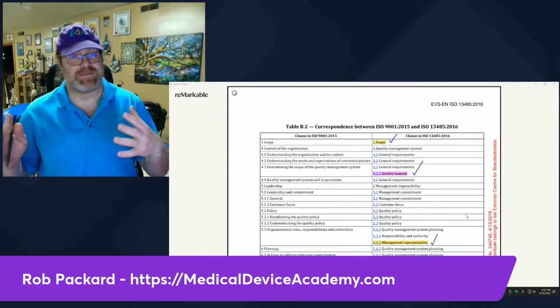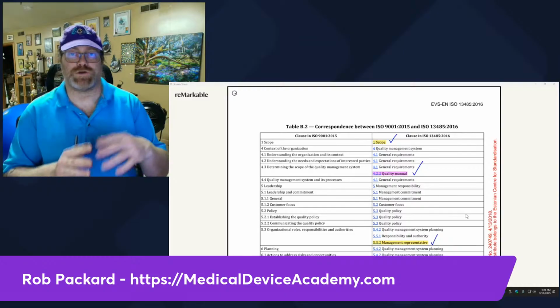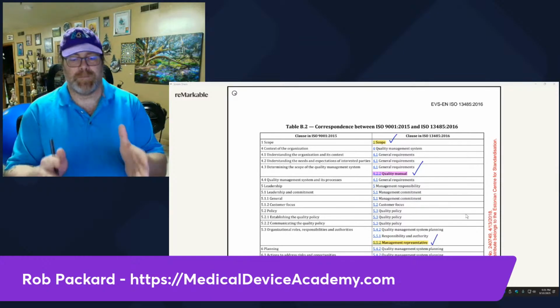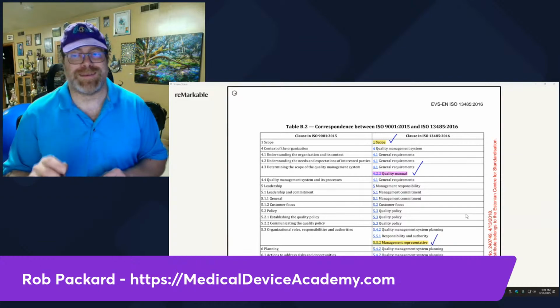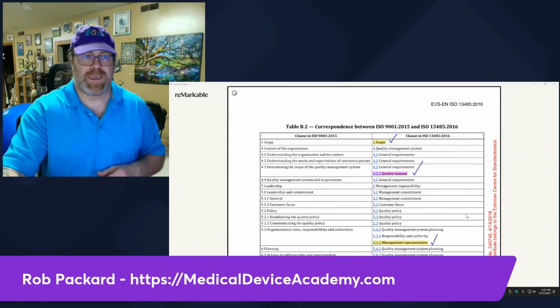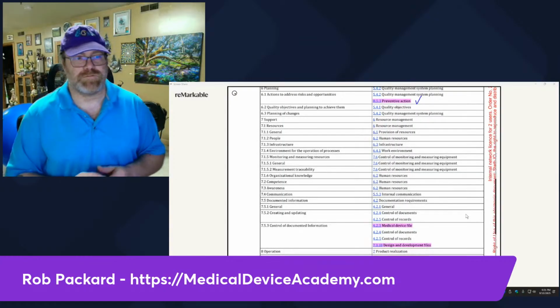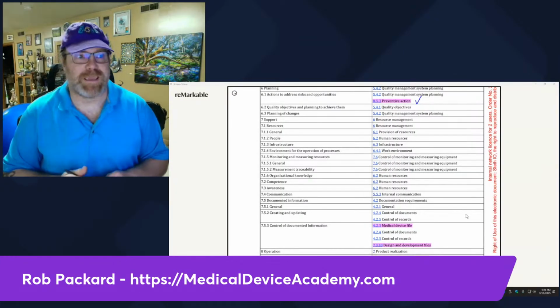It doesn't have to be a separate procedure for preventive actions. You could have corrective and preventive action, but you need to have preventive actions included in a 13485 system, and 9001 doesn't have that requirement. So that's a gap. As I scroll down here to the bottom of this first page of the table, we